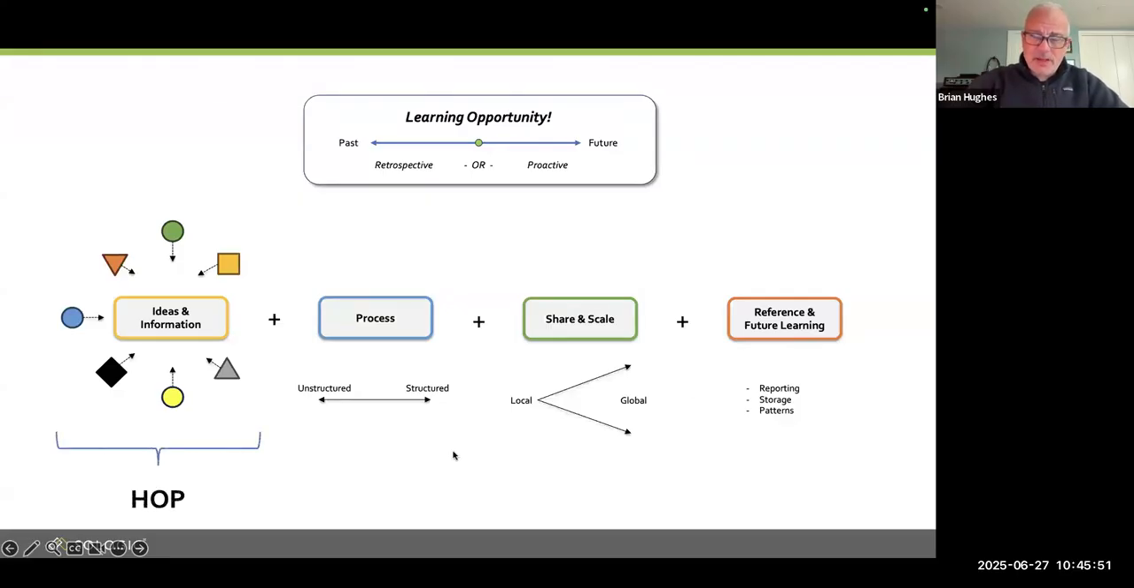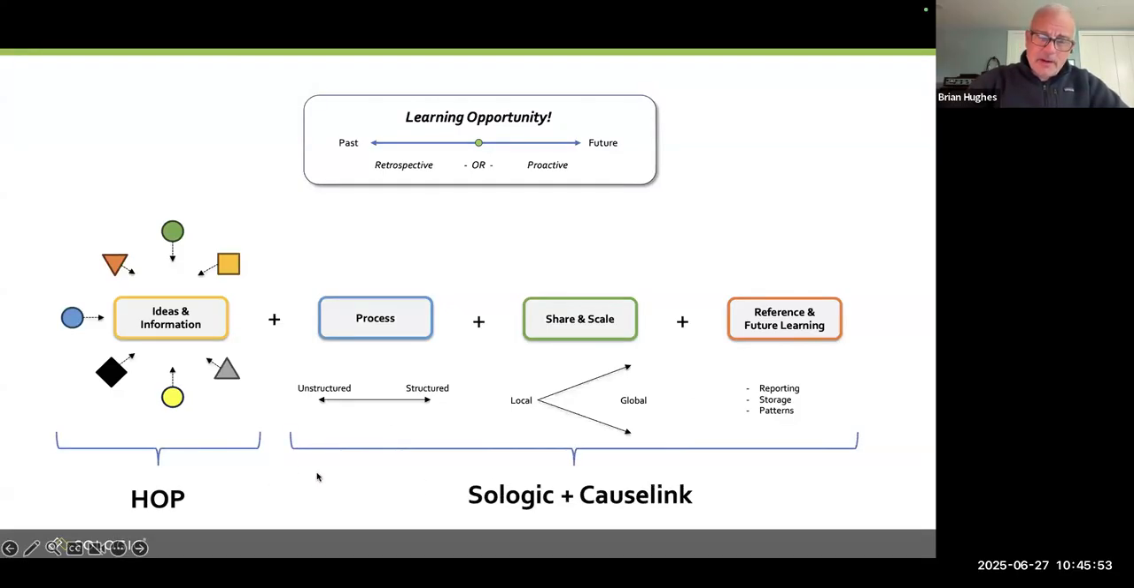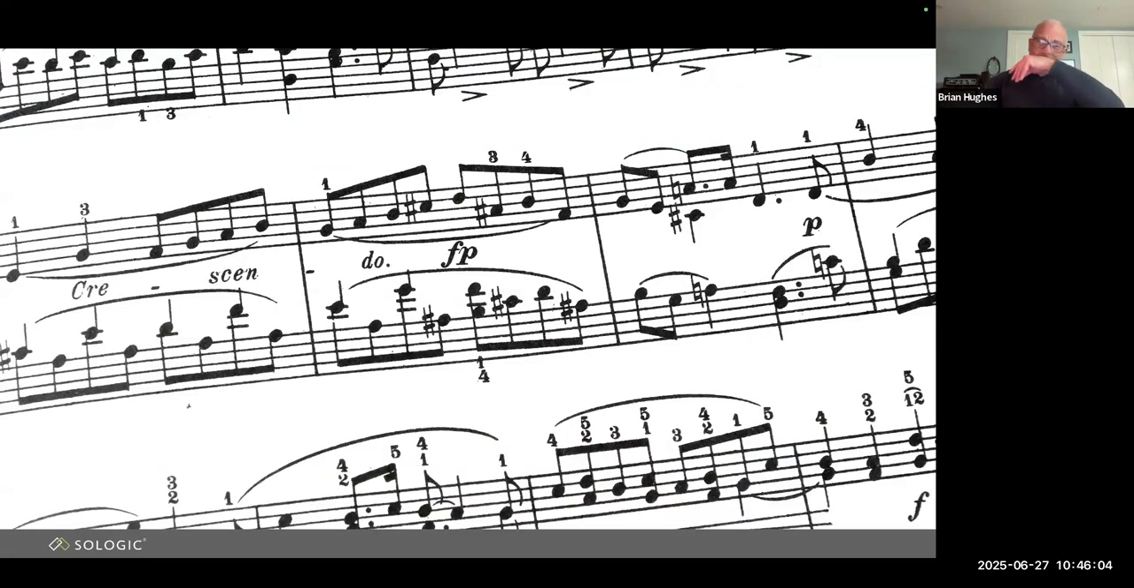All right, so hopefully that makes sense. I got a couple other things down here. Human and organizational performance. If you're a HOP person, this is what HOP does best. Sologic and Cosolink, we do the rest of this. Now, a cause and effect diagram, I really like the idea of analogies and metaphors, right? So, and in fact,